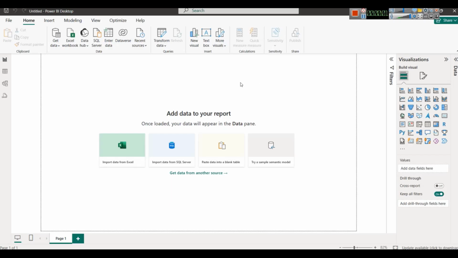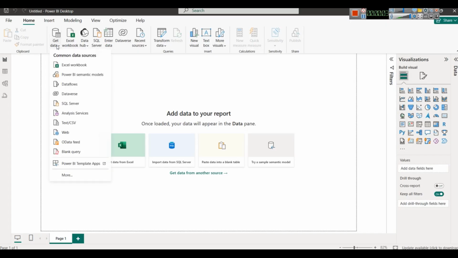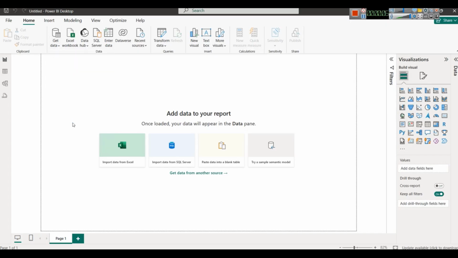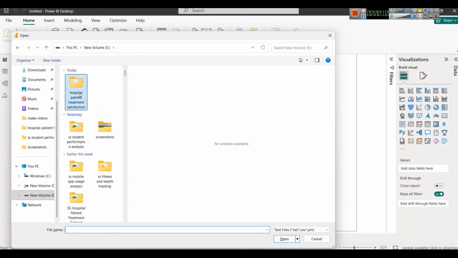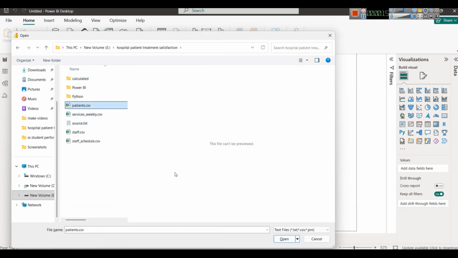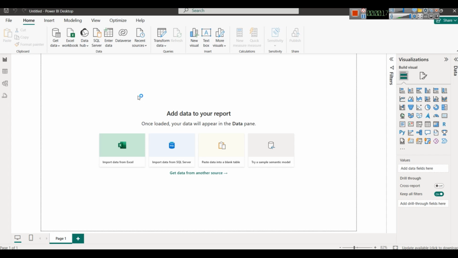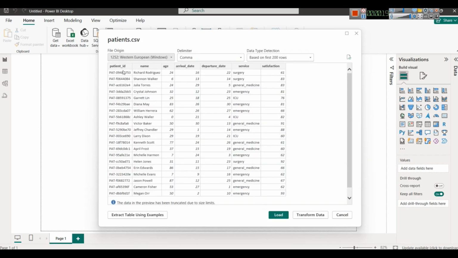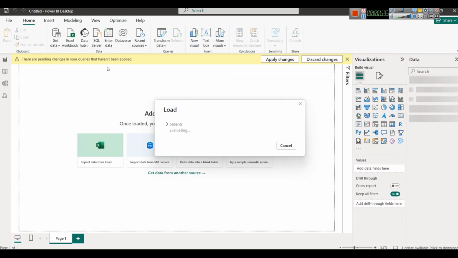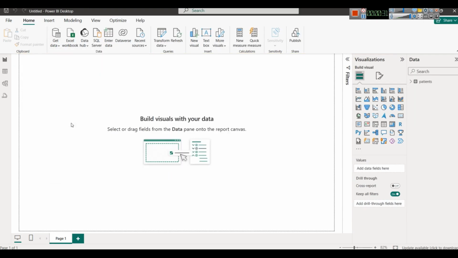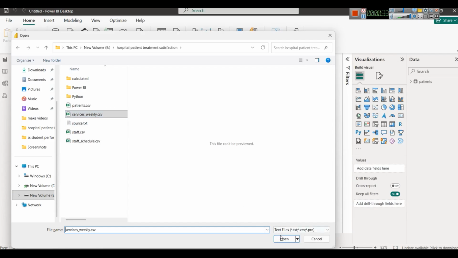We have opened Power BI and we will simply get data. Here we will connect CSV files one by one. You can see we have hospital patient treatment satisfaction data. We will load these tables. First we will load the patients.csv file. Check if there is a column header mismatch, then you can transform data, otherwise we can load it simply. We have done it a ton of times. Then service weekly,